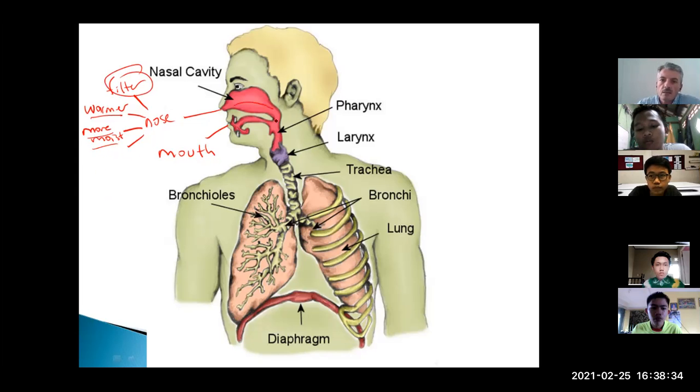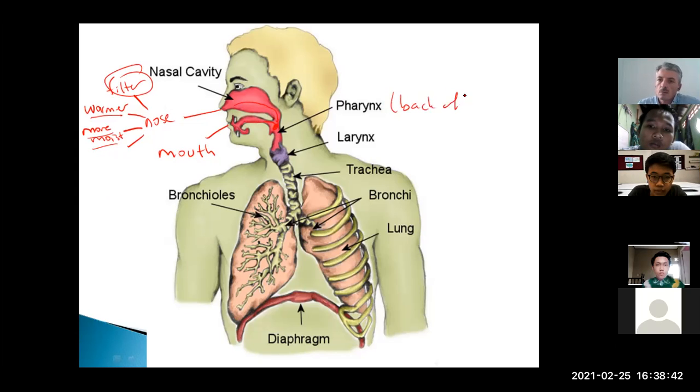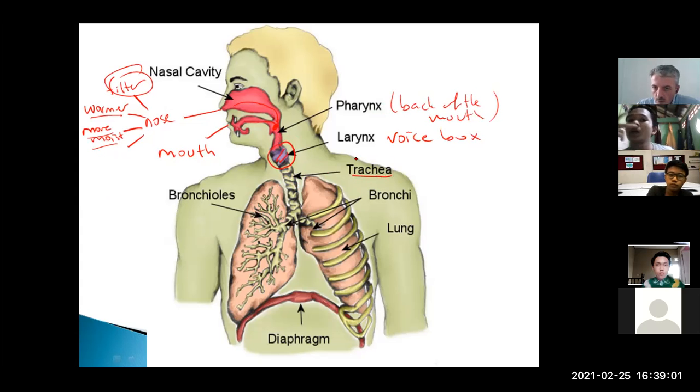Okay, after that, both ways combine here in the pharynx. Pharynx is back of the mouth. Okay, and then we go down, there is larynx here, voice box. Inside here, there are two cords. When air passes, we make sound. Then trachea is important. Trachea, this tube,